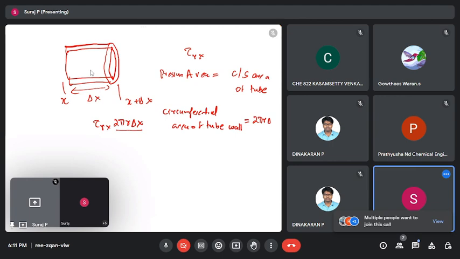This is the main difference. In the case of pressure force, the area is 2 pi r into delta r, whereas in the case of shear force, the circumferential area is 2 pi r into delta x. In the case of pressure we are calculating the cross sectional area, but in the case of shear stress we are calculating the circumferential area. So the net shear stress will be equal to